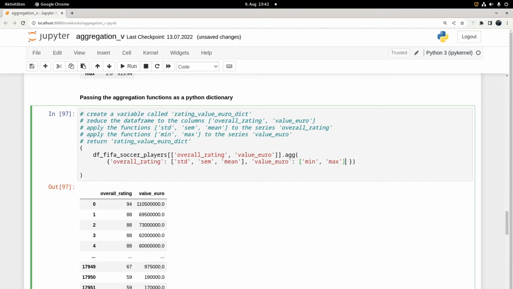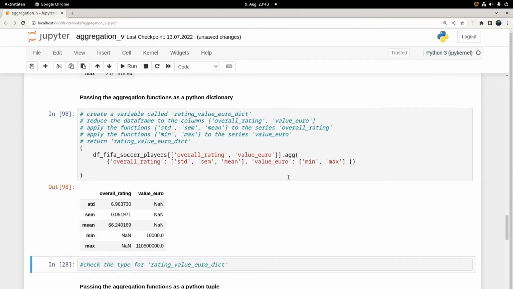Okay, that actually looks good. Let's see if this call is actually successful. Okay, wonderful. So what we have done here is we see that we still have a data frame, but we have applied a set of aggregation functions to the overall rating series and a different set of aggregation functions to the value euro series. And wherever we don't have values because we just haven't applied that function, we have this NaN